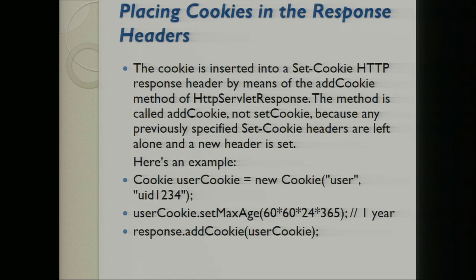This userCookie is nothing but this object dot setMaxAge. So I'm setting the maximum age, so that for that much time the cookie will be alive. After that it will vanish. Here you can observe I have mentioned some values, for example one year. I have given the value as an integer, in this format, for so many seconds that particular cookie will be alive.